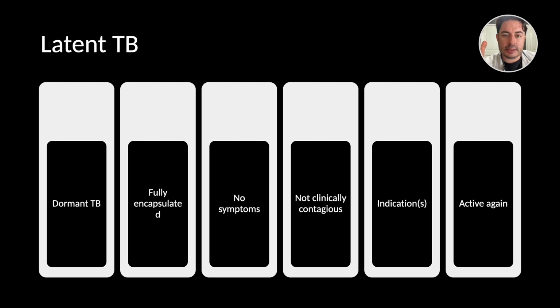But at any moment, your dormant TB can become active again. And our biggest trigger for this is a depressed immune system. So that could be a change in living situations where you were living by yourself. Now you're in a nursing home, or you're in a homeless shelter, or you're in jail. Moving from not being a substance abuse user to IV drug use and/or alcohol abuse. You could need an organ transplant and be on immunosuppressors and increase your risk for moving from latent into reactivation